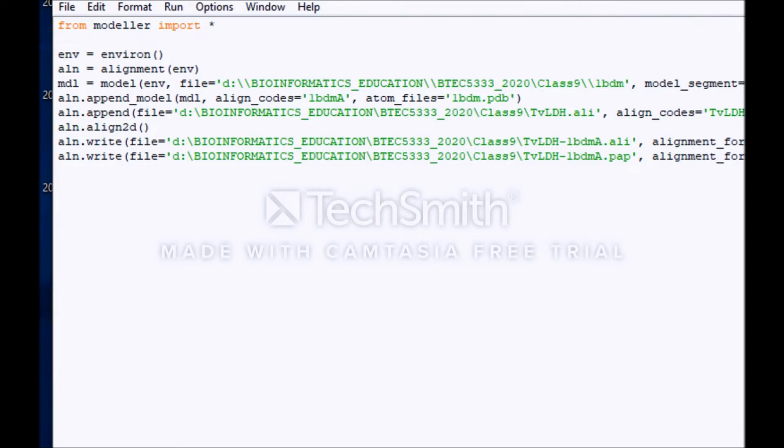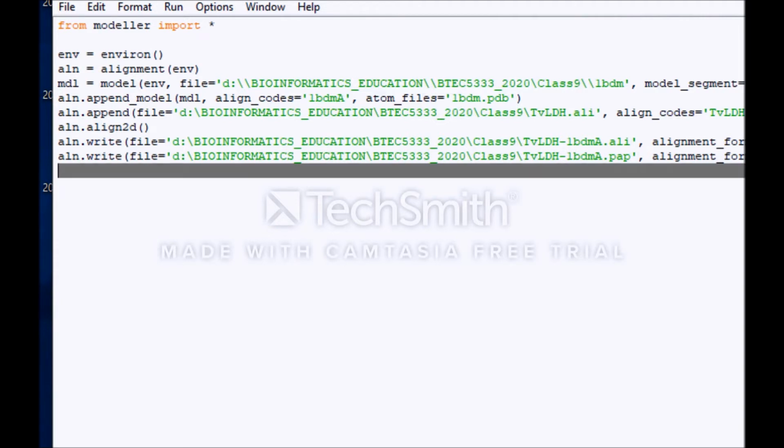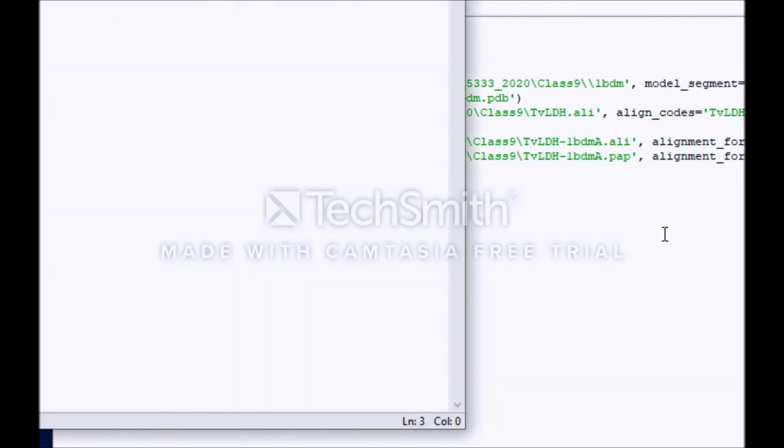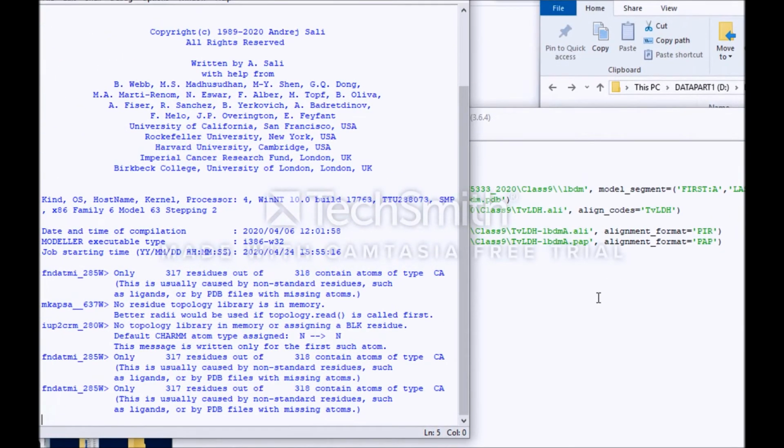Okay, and that's really important because if this is a heterodimer of some kind, or it has subunits A and B, and A and B are not equal to each other, it's important that we specify what that A is. If, for example, it doesn't have subunits, it doesn't have a chain A, B, etc., you just leave this region blank. Okay, I'm going to save it and I'm going to run it. And once again, we are going to do an alignment, and what's going to come out of this is the alignment file. So we're going to have to wait for a little while,